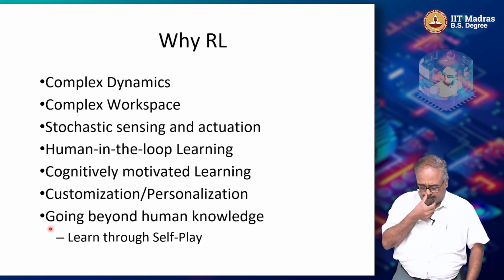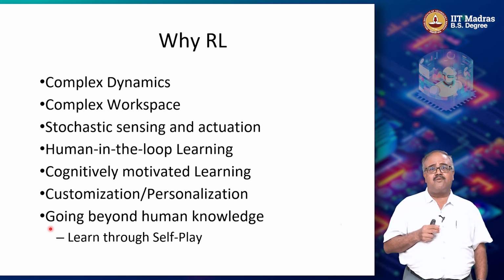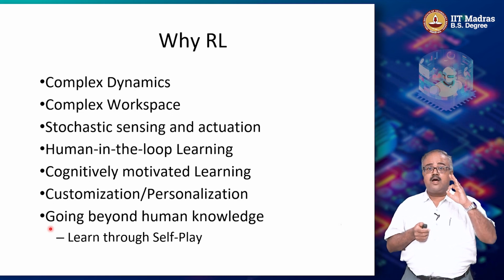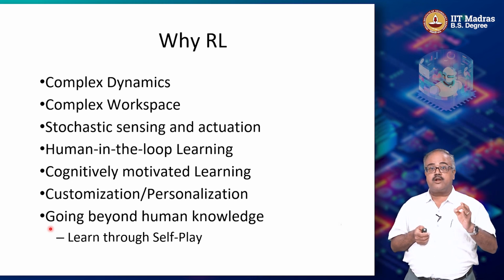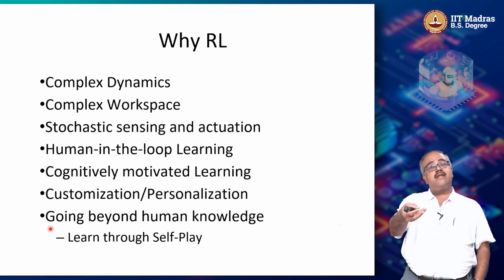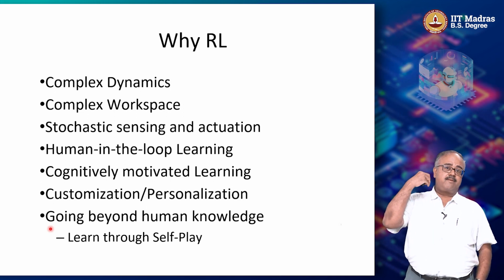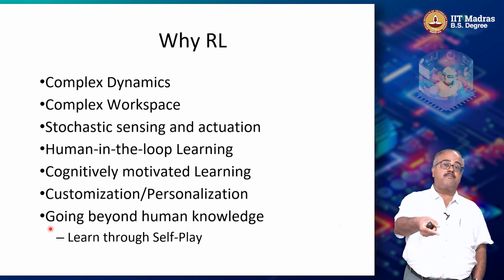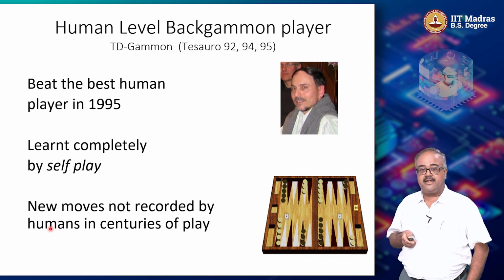So you get that already built in here, right? So the final piece as to why reinforcement learning has become so hot recently is because RL allows you to go beyond human knowledge to some extent. How is that? The first thing is reinforcement learning agents really do not need a human to tell them what to do. Suppose I'm learning to play chess. I don't even need a human or another computer program to tell me how to play chess. I can just learn by playing against another copy of the reinforcement learning agent, right?